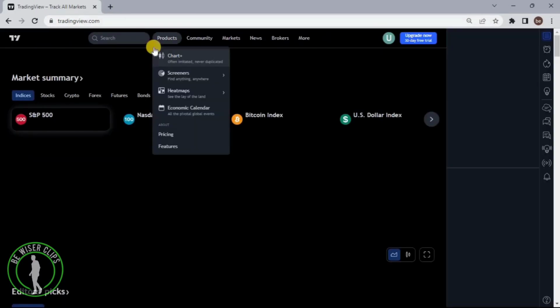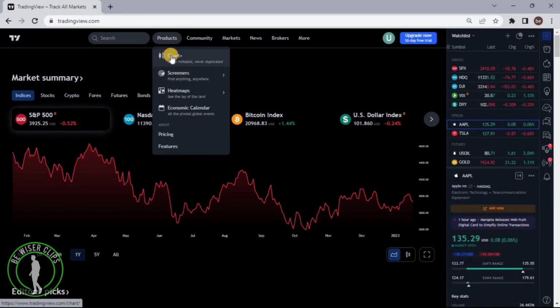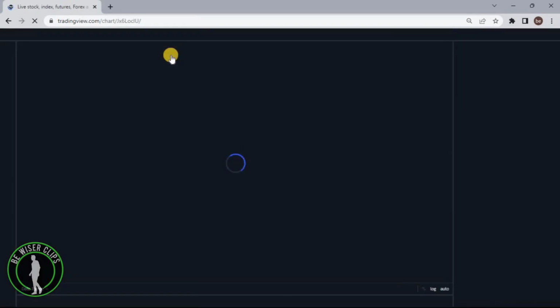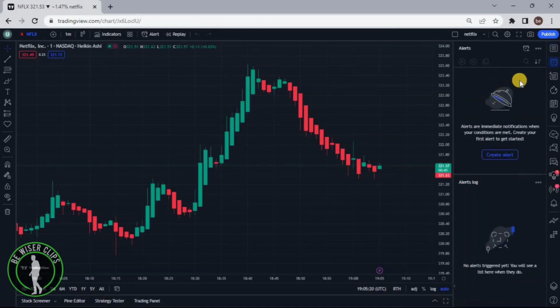So guys, after coming on the website, you will see products and choose Chart Plus in one of these options. And now guys, you can see this alarm icon right here, which is called alerts. Click on this and as you can see, we haven't any alert right now. Now you just have to click on create alert